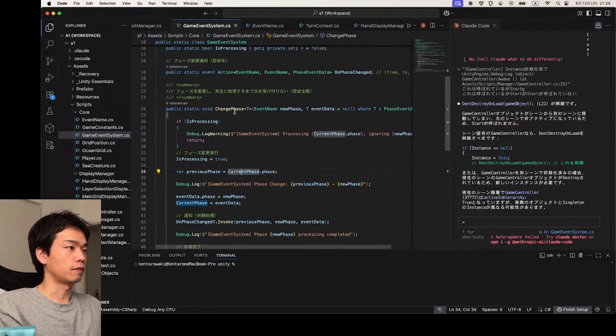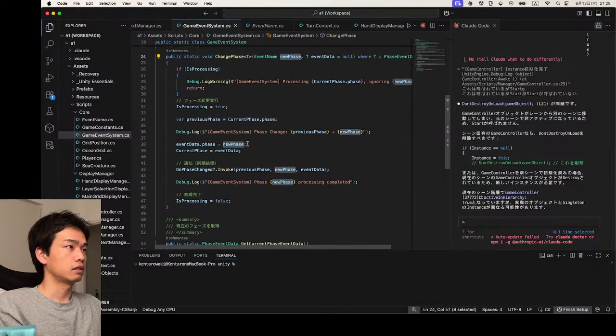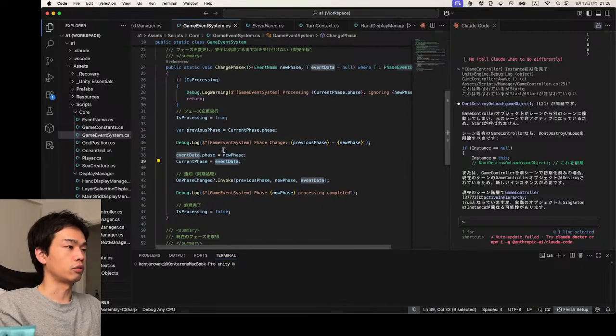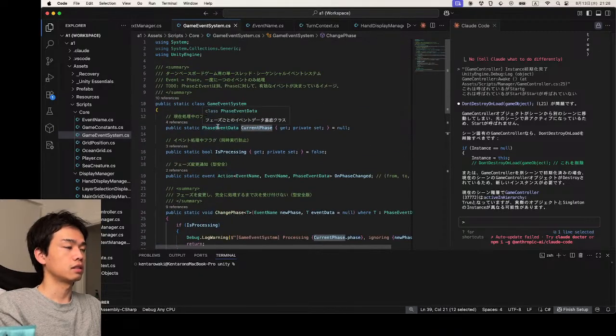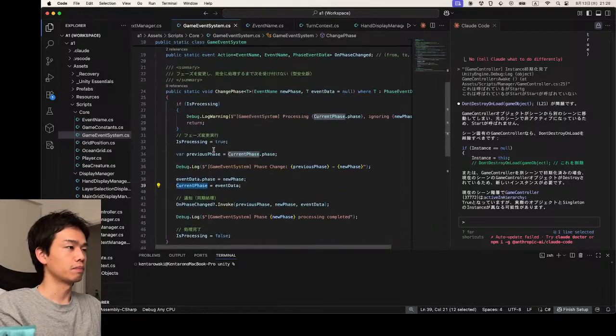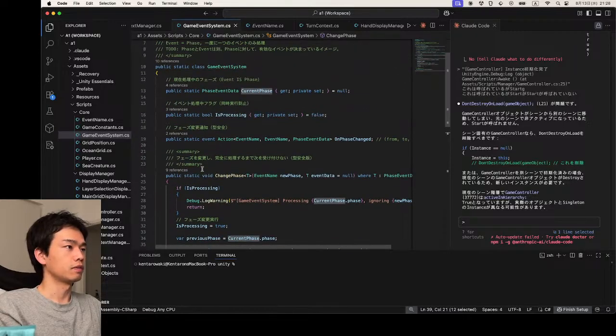Yeah, so this method can take event, and the event data is regarded as event, regarded as phase, but this is not good. I realized this is not good because the event is